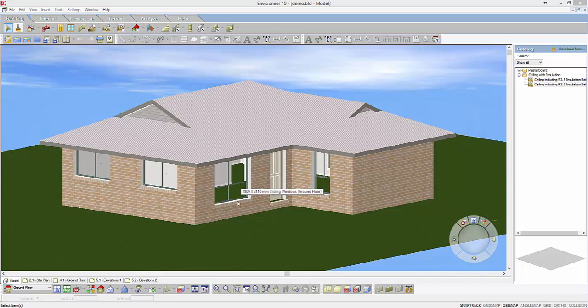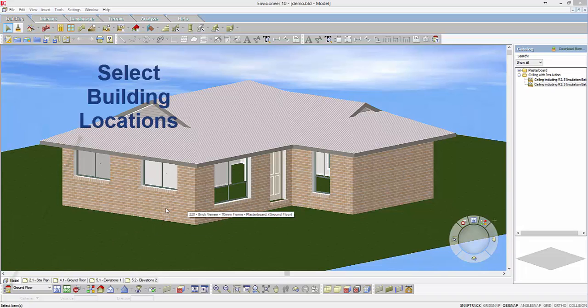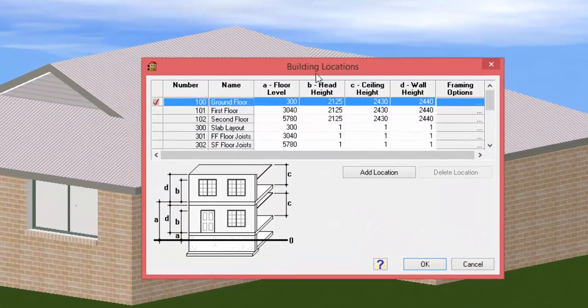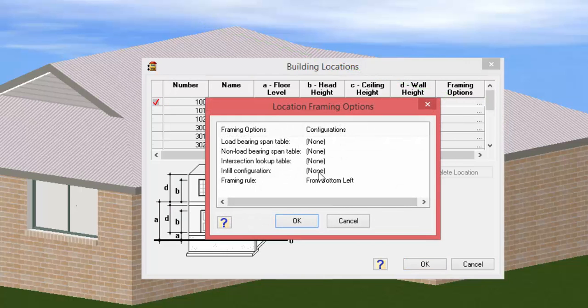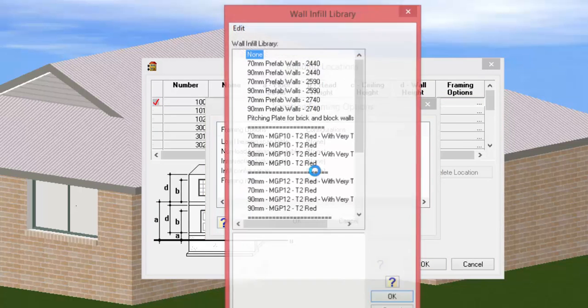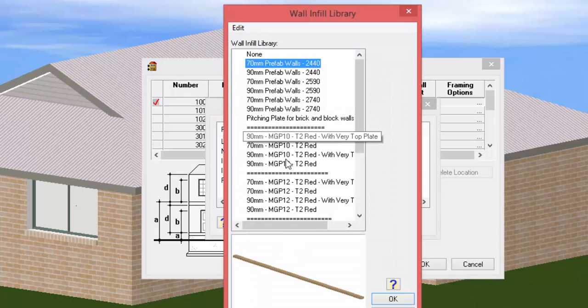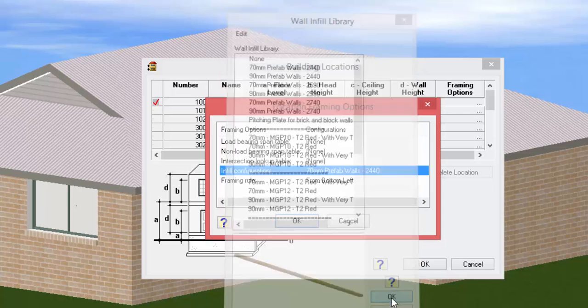Just to touch base on wall framing, we'll do a small demonstration. So basically, to do the wall framing in this, let's say you wanted to do prefab wall frames, then you'd come to your building locations and set up the framing options. So basically here in the Australian content, I can select, say, the 70mm prefab walls for a 2440 high ceiling,